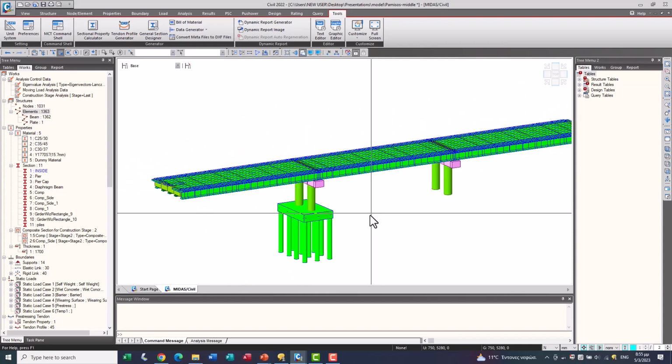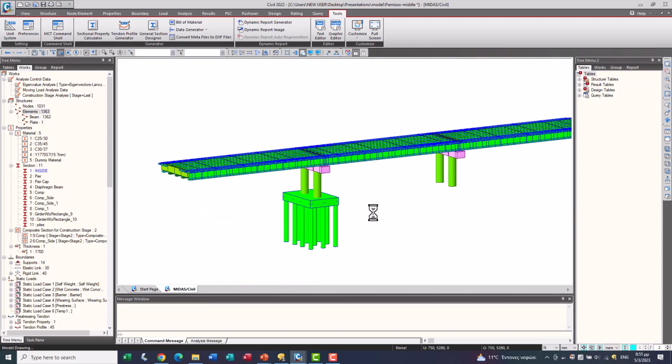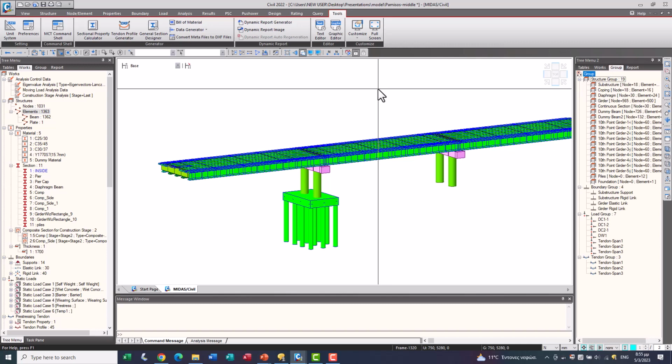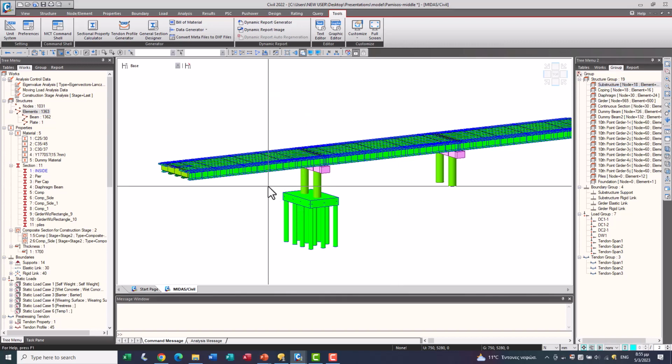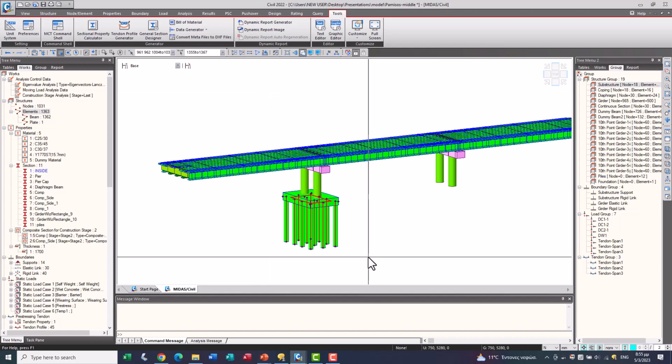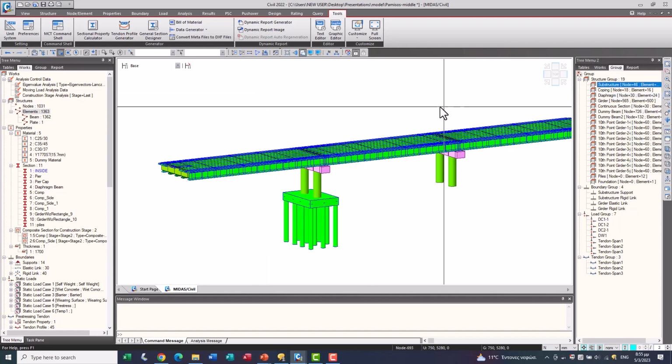Now this foundation must be assigned to a group in order to activate on the correct construction stage, which is this one. Assign plus.